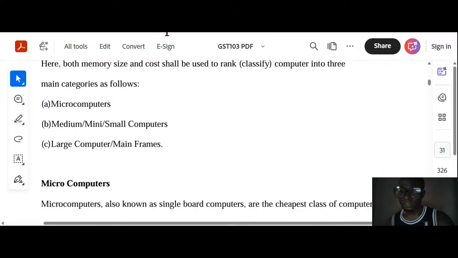Okay, look at that question. A medium computer is also known as dash. In the material, we have two other options you can call them. So if you want to answer that question, what will you write there? Will you just write one of them or will you write the two of them? That is what I want to check. I want to see.